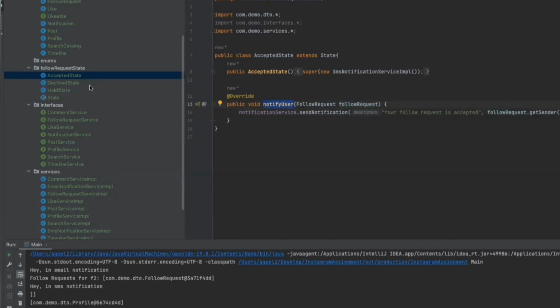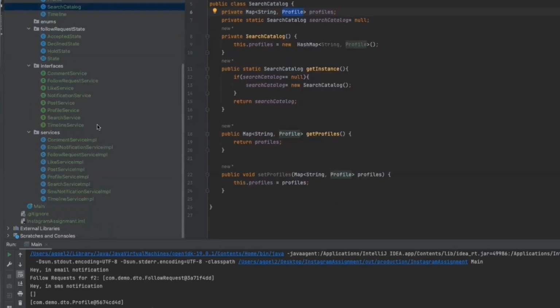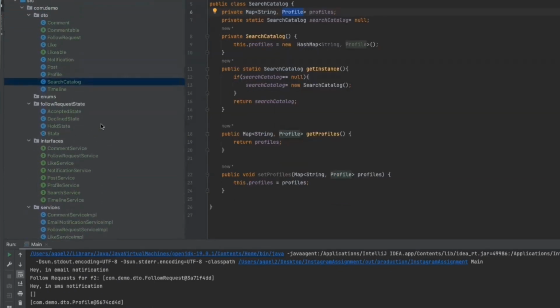Third, we wanted only a single search catalog to be used everywhere. So we made it singleton. This is third. Okay, I hope this is good, right? This is good for now. I'm pretty sure this is very vast and this would not be covered in 1 hour. I'm pretty sure it would take more hours. And you might have to cherry pick small features in an interview and then implement that. You will have a lot of discussion with your interviewer. But I think we have covered most of it.